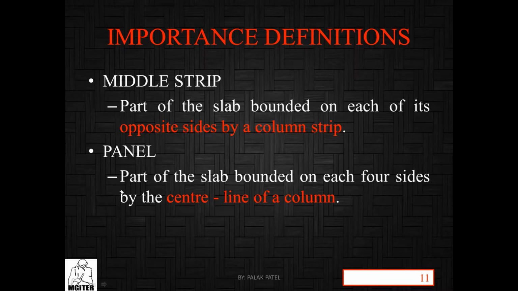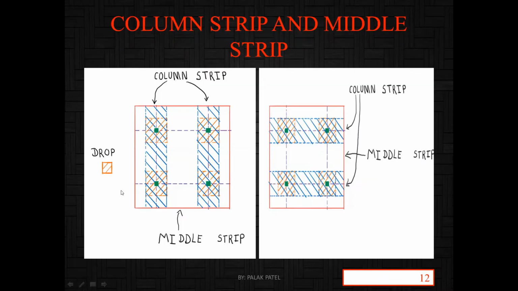Now you can see these three definitions in this figure. Right? So this is a column strip. Okay, here is also a column strip, here is also a column strip, right? And this orange line you can see, this orange is a drop, and the green is a column, right? And in between this,